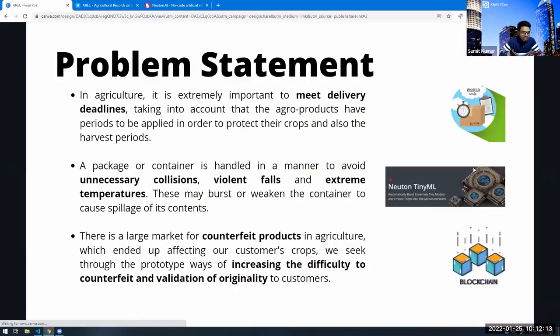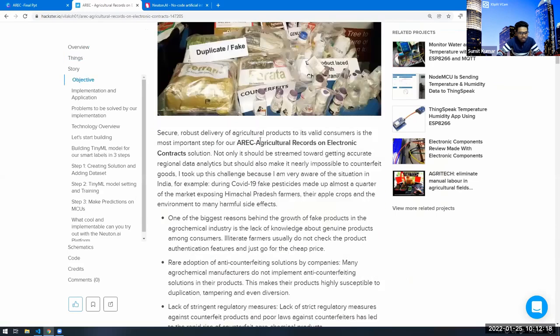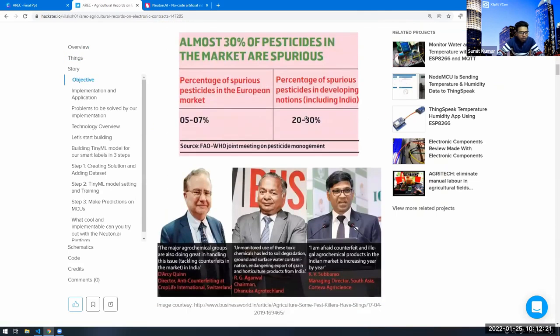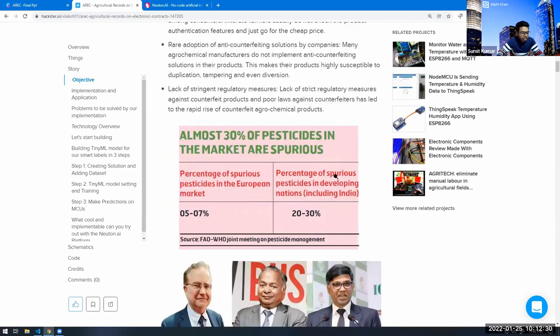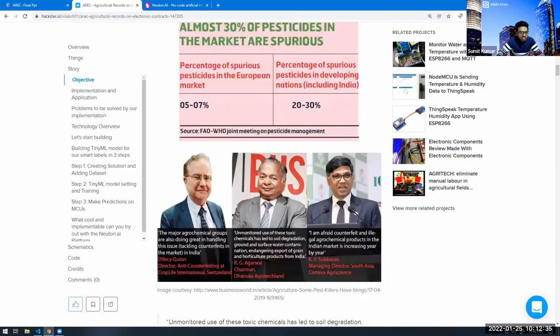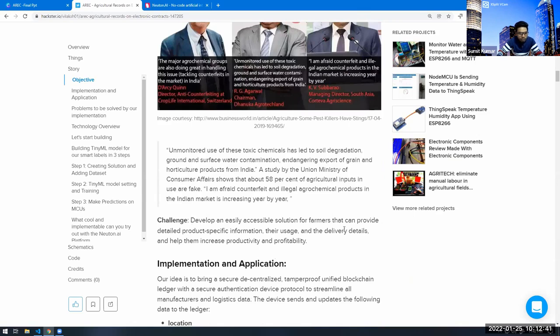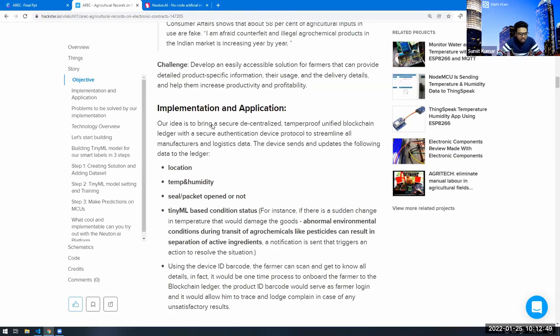This is the project which I started, and the problem, as already discussed: I'm from India, and most of the pesticides and insecticides we hear about are counterfeit, not real ones. The government is making huge strides to control those, but unless a new technology is developed to solve that problem, nothing is going to help. No counter solution is going to help now. So how are we going to implement this solution? Our solution is going to talk about each device.